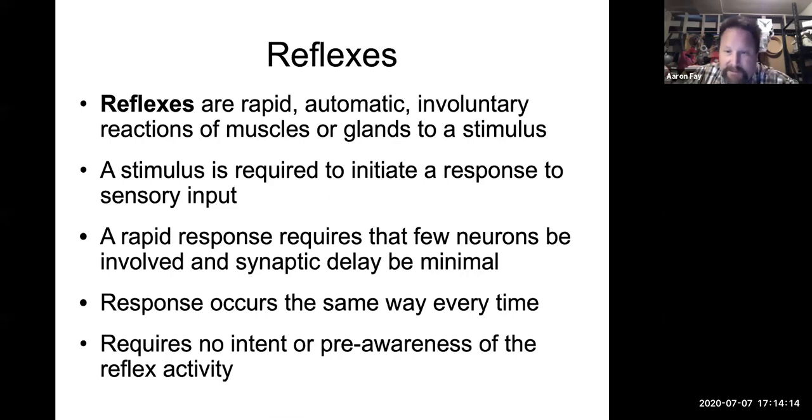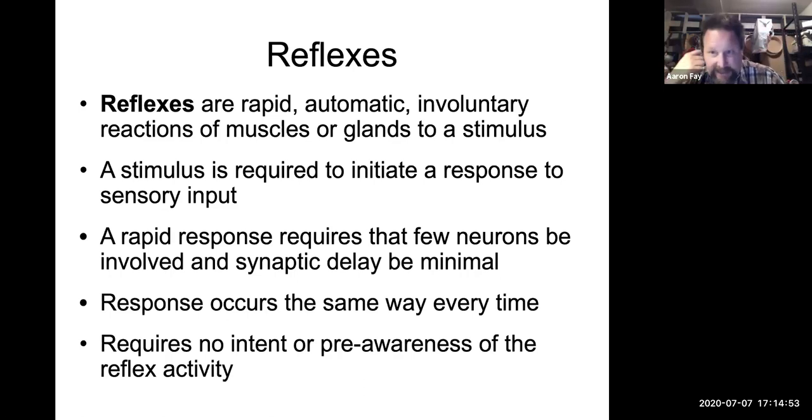A rapid response requires, or I should say that the fewer neurons you have in a reflex, the faster it will occur. The reason is action potentials are fast. Action potentials travel on axons super quickly, especially if they're myelinated. Jump, jump, jump. They go really, really quick. Synapses are slow. Chemical synapses are very, very slow. So when you're trying to get information from one part of the body to the other, all the distances of the axons are traveled,